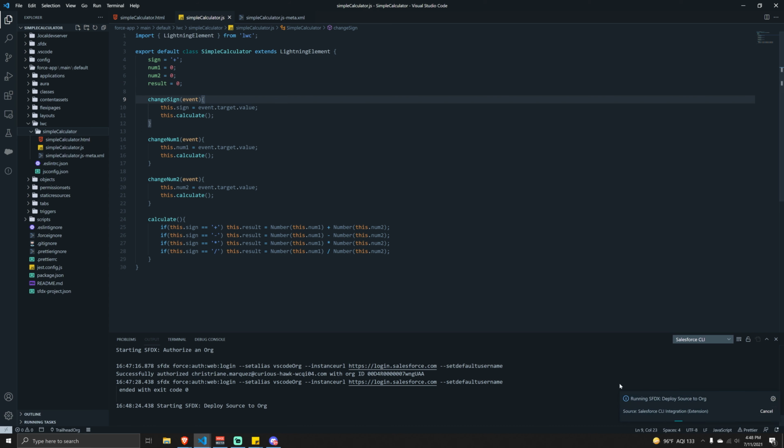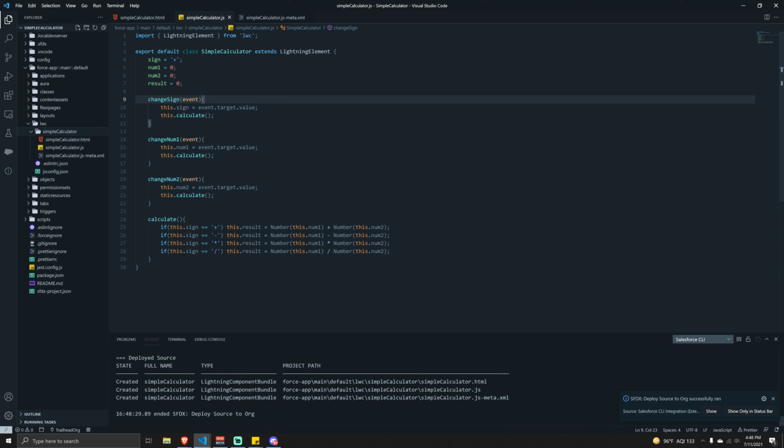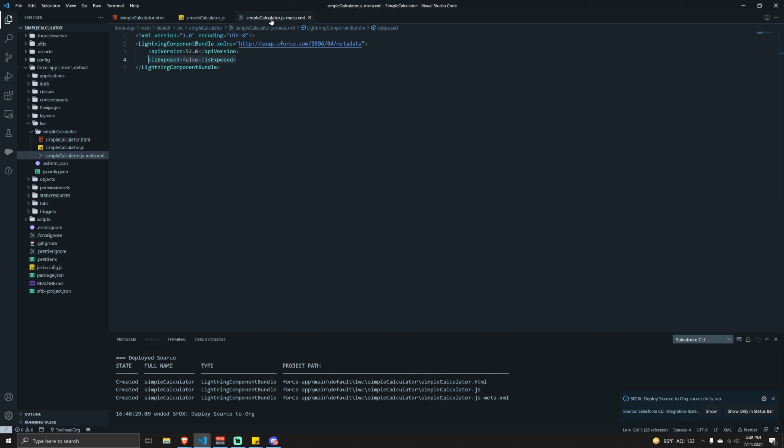So click on that, and then in the lower right hand corner, you'll see the command is running. It's going to take a while, and then you'll see it's deployed to the org. Now, I think what I missed was the thing that I said we would talk about, which was the XML file here. Even though we deployed it, it's not really usable because by default it's not exposed. So very quickly, we need to change isExposed to true, and then we need to define an extra tag, which is called targets